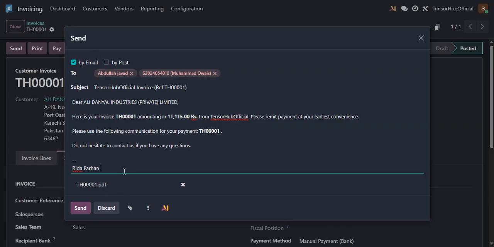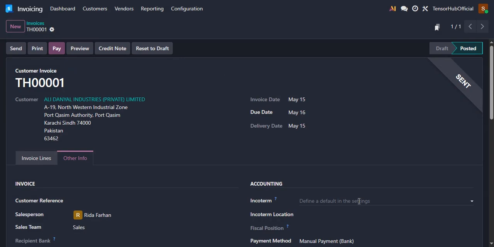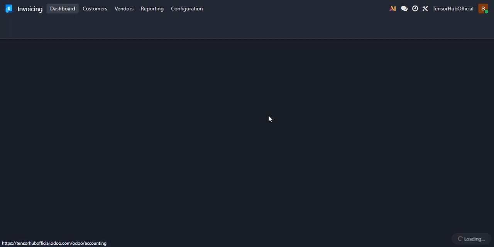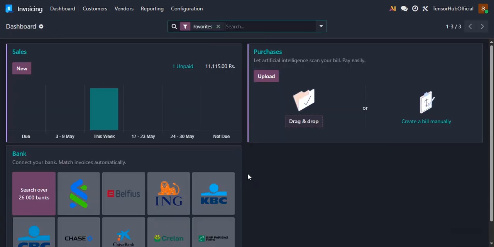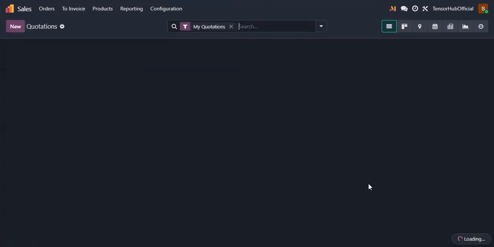Now I am going to edit the template for the email and click send, and it is going to be sending to the person, and as you can see, it's labeled as sent. Now let's move again towards the dashboard. As you can see, I am on the dashboard, and now let's come towards the sale part,